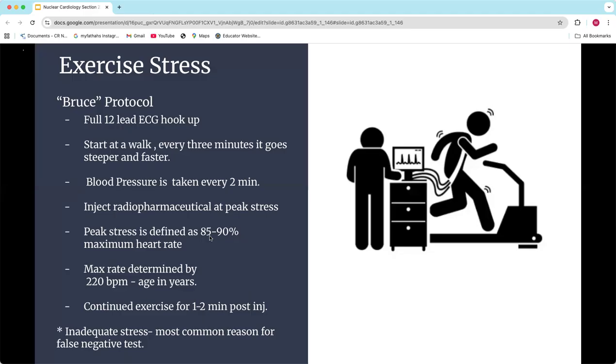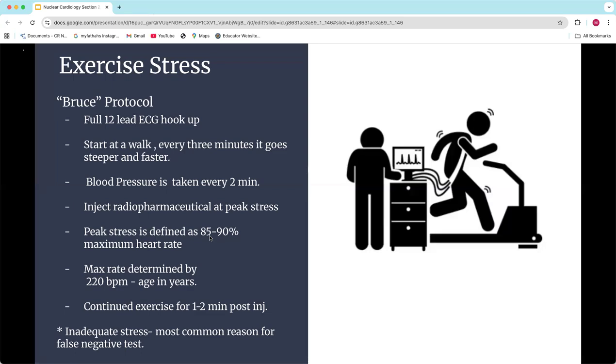So like I said, there are caveats with this. This is something you need to try to see if you can, because learning about it is totally different than running it. Some patients can do this really well, some can't. You're going to have to inject a radiopharmaceutical in the middle of this while they're still exercising at a high rate. That can cause problems. Most patients want to grab onto the bar in front of them as they get running hard, but at some point they're going to have to let go of that bar, because we need to do blood pressures every couple of minutes. Also, they need to let go so that you can inject the radiopharmaceutical, and that can be scary because you can have issues that happen there.